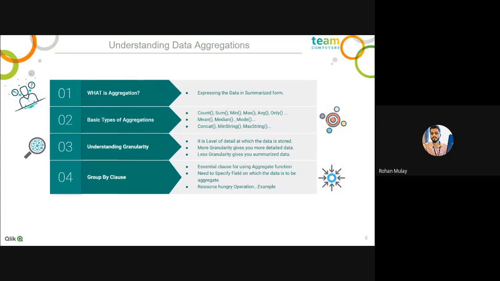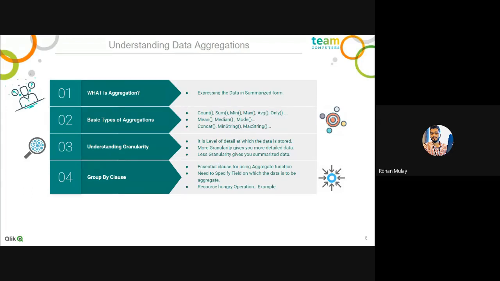In our data scenario, when I say the data is more granular, it means that we have data at a very detailed level and more information is available. When it is less granular, the data is in summarized form and we don't have much information available. So the more granular the data is, the more details we have. But for our KPIs, it is not necessary that we always need the data at that granular level. We might need the data at some summary level, which is why we have the option of using aggregations, and we use several functions explained here to bring the data into a summarized form.